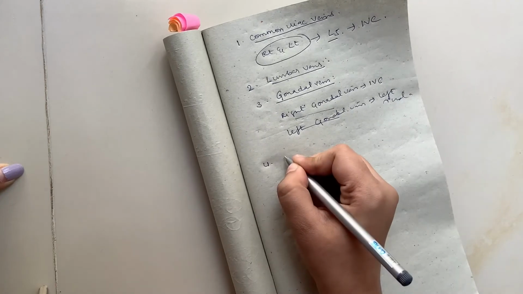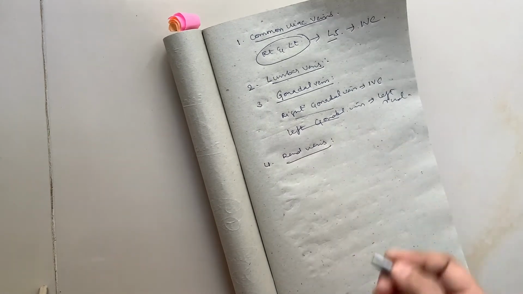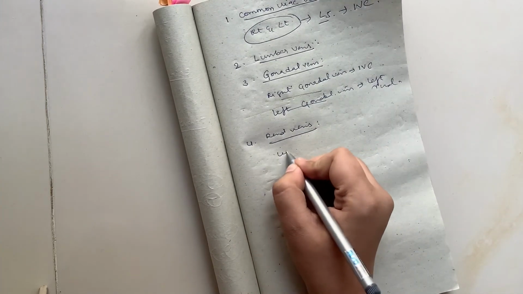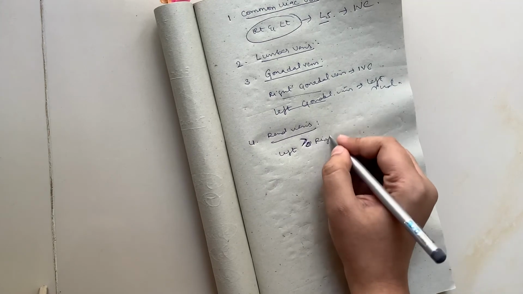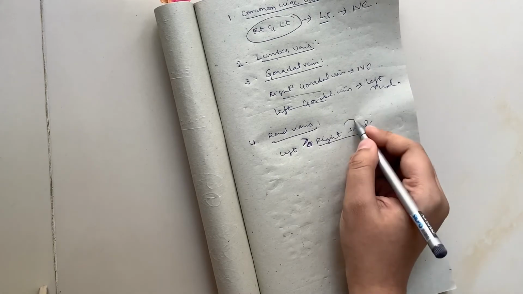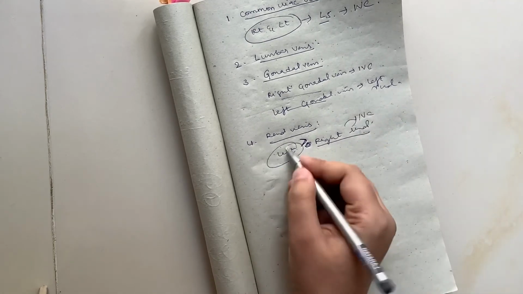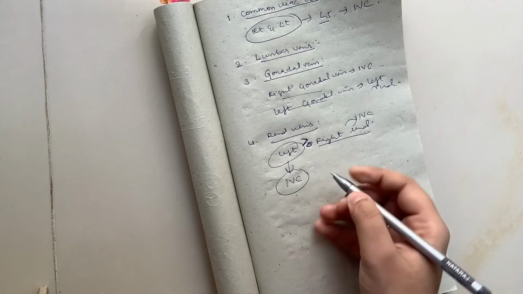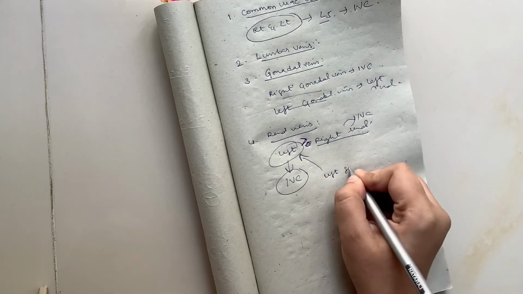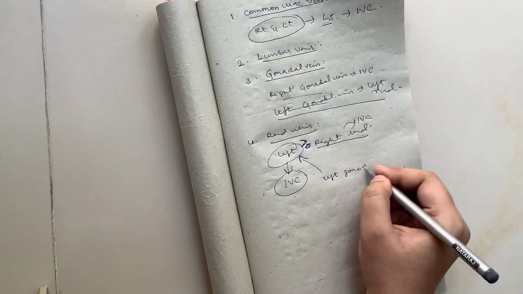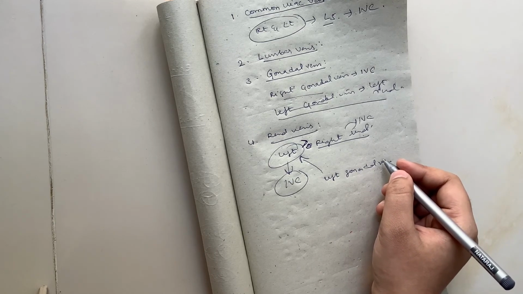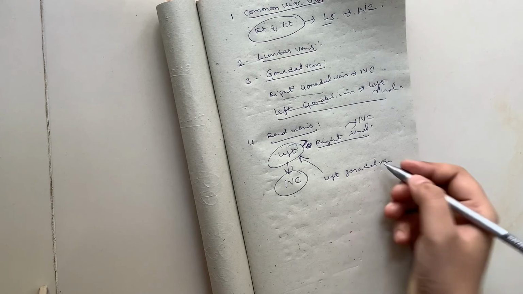And then the fourth one is the renal vein. So what about these renal veins? The left renal vein is longer than the right renal vein, because the right renal vein directly ends in the inferior vena cava, whereas the left renal vein also ends in the inferior vena cava, but into it you get the left gonadal vein, which I have just told you here, and the left suprarenal vein.